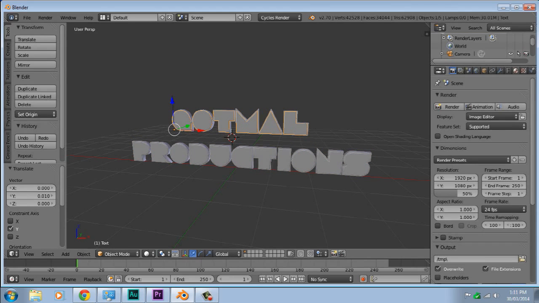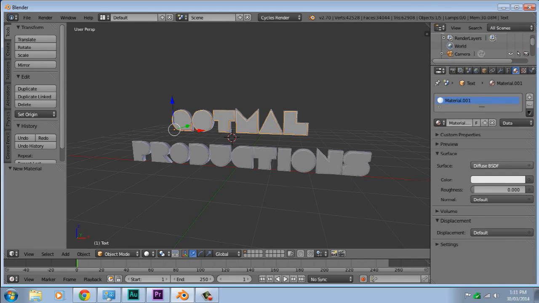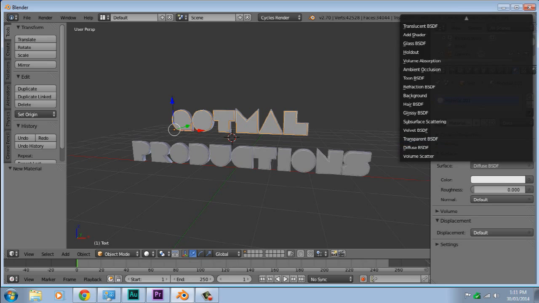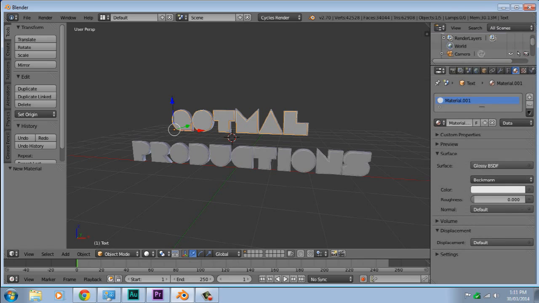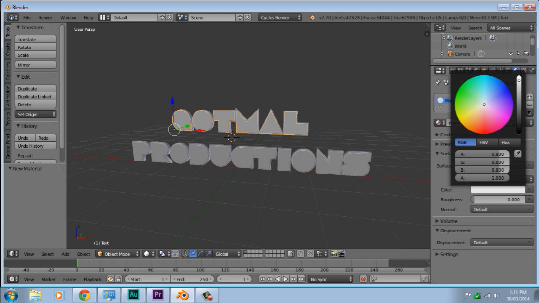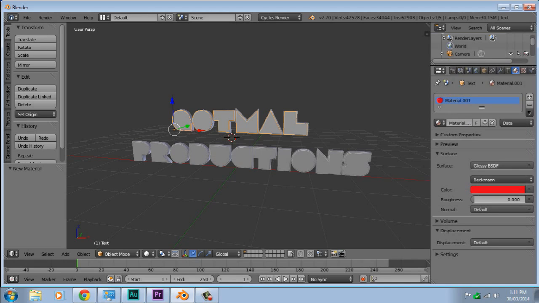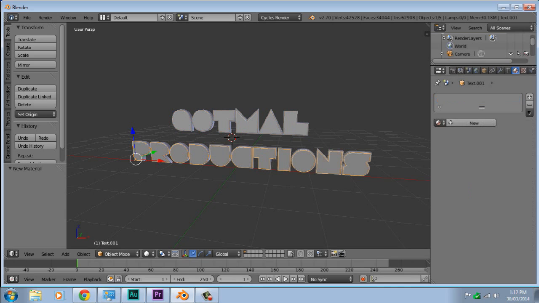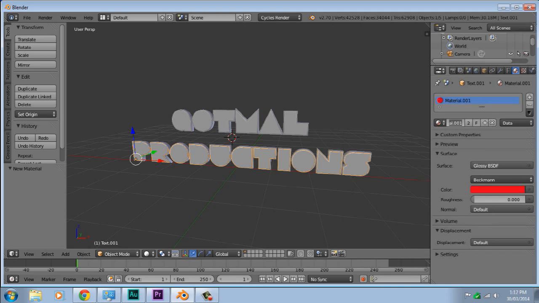But now for this middle text, I'm going to make a new material. Now I'm going to make this a glossy, and then I'm going to make this red for the colours of Gotman Productions. There we go, and now we got that red. Now for this one, we could just set that as the same one. But let's just call this text 1. Okay, and now